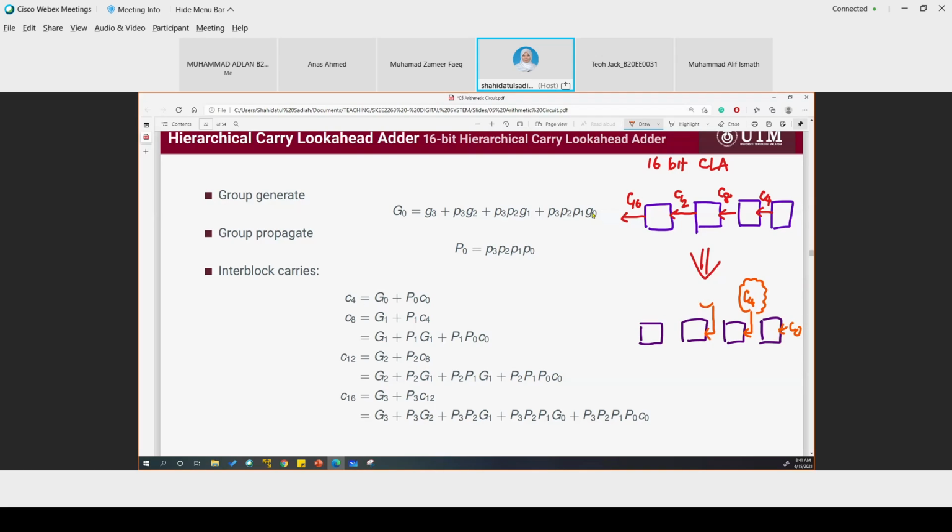Okay? C8, and C12, and also C16. Right? So the answer on how to improve it is to pre-calculate the carry. And we're going to pre-calculate the carry the same way as we did with the ripple carry adder to CLA process. Okay, where